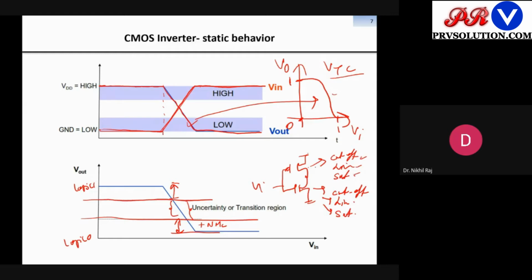These transistors' modes of operation depend upon the input voltage. When input is low, definitely one will be in cutoff. When the input starts increasing in magnitude, one of the devices will go into some other mode of operation, because there are different regions of operation. In this level NMOS and PMOS will behave in a certain region of operation, and in this level also they will behave in a certain region of operation. During the transition also, these devices will be in some state. So what these states are, we are going to study now.